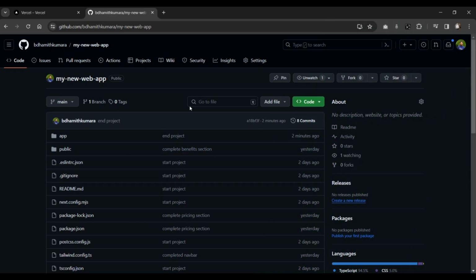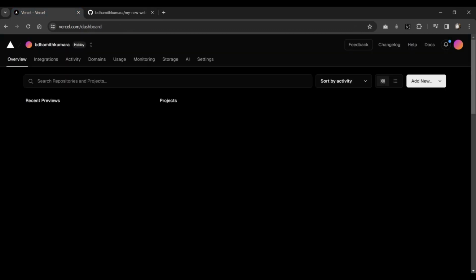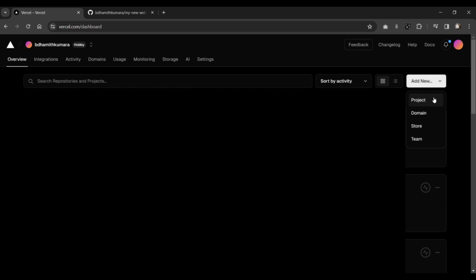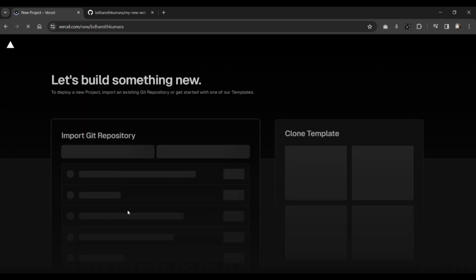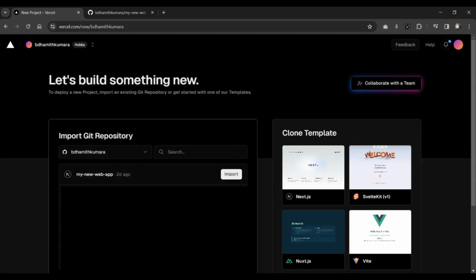Guys, now is the time to host our project in Vercel. For that you need to log into your Vercel account. After login to your account, you will automatically navigate to the dashboard. After that you need to click on this add new. Under that add new you need to select this project. After that we are going to import the Git repository. For that you need to select your repository. In here you can see my recent repository. Now I am going to click on this import,